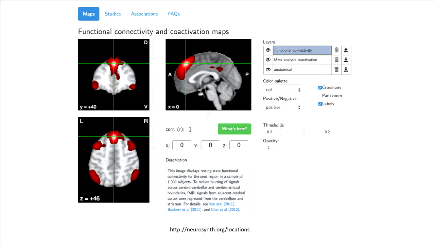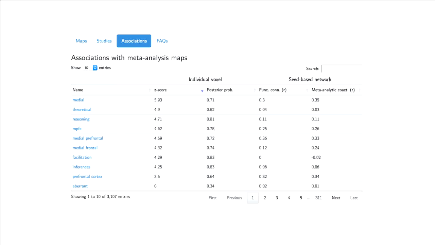Right? There's lots of other things you can do on the website. Just in the interest of time, I won't get into detail. But you can visualize functional connectivity maps. These are actually not from Neurosynth. They're provided by Thomas Yeo and Randy Buckner, functional connectivity from 1,000 subjects. You can overlay Neurosynth coactivation. You can plug in a particular coordinate and ask, what are the strongest associations? And this is, I think, very useful just for exploring. I would probably stick to exploring. I don't think anybody should be taking these numbers and sticking them in their papers as a finding. But it's a good way to orient yourself to what is going on in a brain region, broadly speaking.